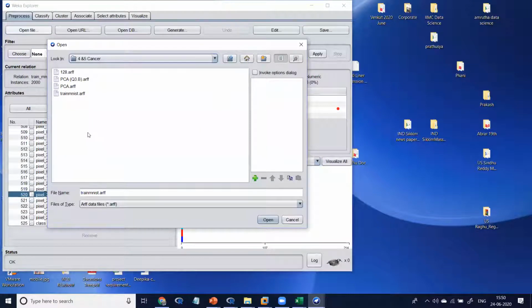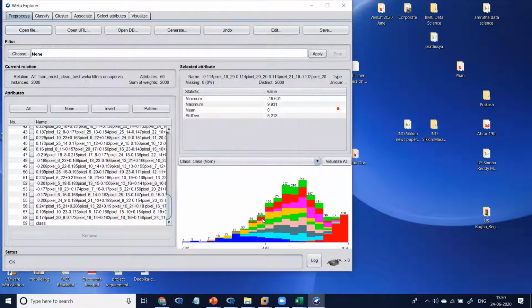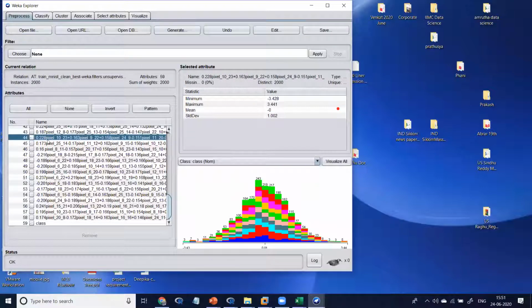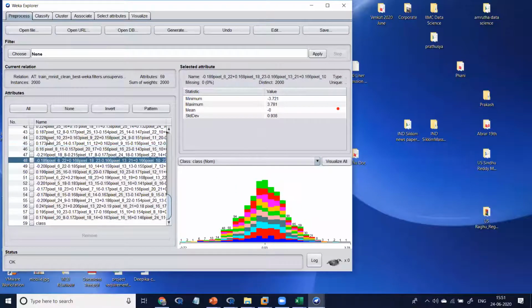Already it takes half an hour to convert my 512 variables into PCA. Already we did this analysis long back, in 2015. Now the entire 500 variables are becoming 59. The 59 variables are exactly following a normal distribution.